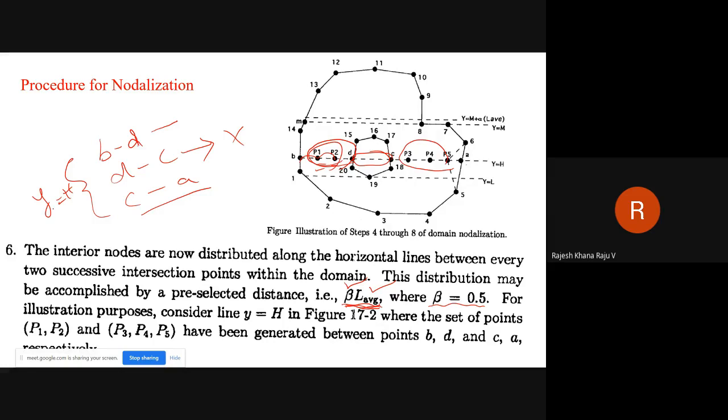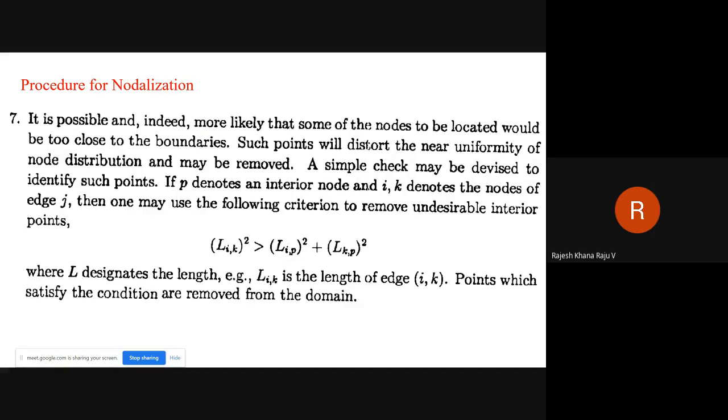Like for example, for y equal to h lines, you are getting 5 points P1, P2, P3, P4, P5. So likewise, you can carry out for all the grid points. Now, once it is over for all the grid points, it may so happen that, let us say you have a line like this, 1 to 2, and you are placing the grid points in sequential manner. Let us say the last grid ends up somewhere here.